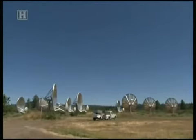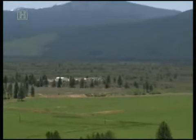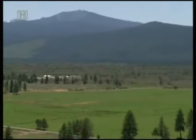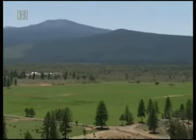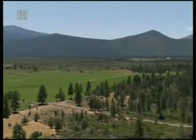The SETI Institute's listening station is nestled in Hat Creek, California, on an old lava bed. The valley and surrounding mountains block nearly all of Earth's man-made noise, providing a perfect listening post for alien